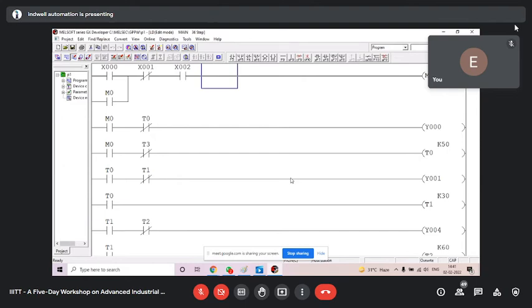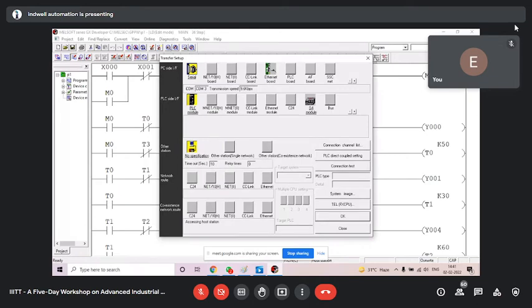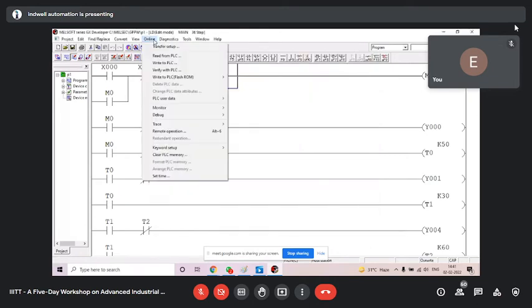In Mitsubishi, you have two options. One is lengthy, it will take some time to send your program, and another is very fast. First one, let me show you. Online, write to PLC. Can you see this third one? Write to PLC.